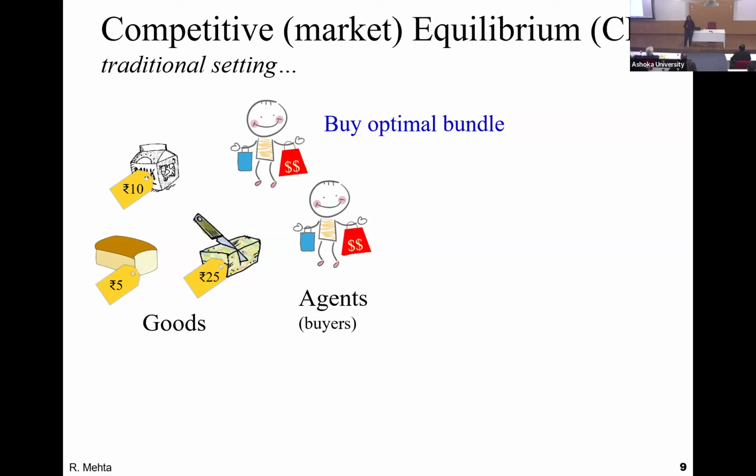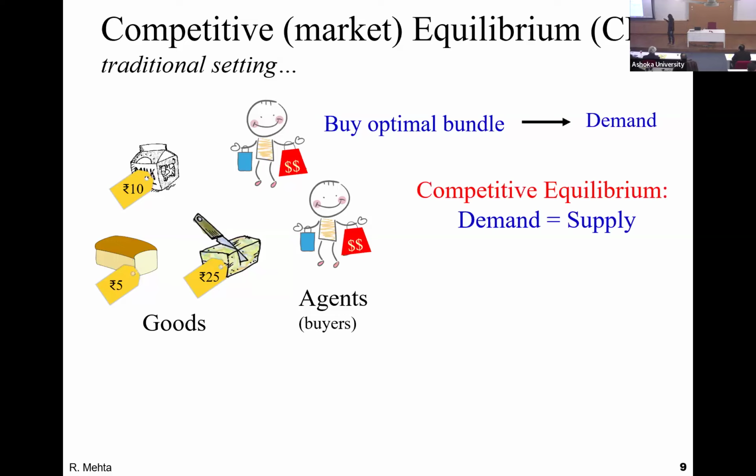No. For now, yes. In the evolving market, it will influence. And when we talk about equilibrium, we are assuming that we have reached the equilibrium state. So you are right that now when every buyer buys what they like the best, there will be a demand. If demand is more than supply, the price is going to go up. If demand is less than supply, the price is going to go down. That's what happens in the market typically, right? And we say that, so thank you for that question, that gives rise to demand. And when demand equals supply, at those prices, we say that they are at competitive equilibrium, at market equilibrium.